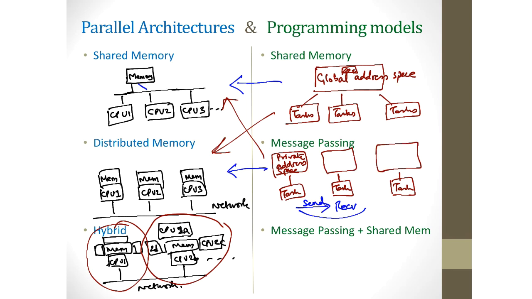A process has its own address space, even on the same node, on the same CPU. You can run multiple processes, each having its own address space. So they don't get to see each other's address space unless you do some explicit calls. And then you can encode message passing, send, receive, and so on, using the shared memory. Similarly, you can do shared memory across distributed memory